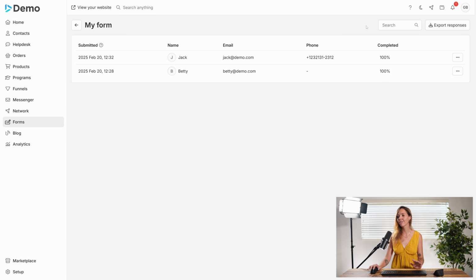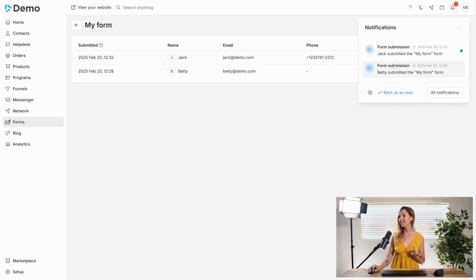side. And you'll see here that I've got two different responses. I did go and submit Jack's response directly through the form just before this video to show you a few differences between how their information is gathered when the form is filled in either directly through the link or through something like a funnel. So you'll also see that I have this notification here telling me that, hey, Jack has